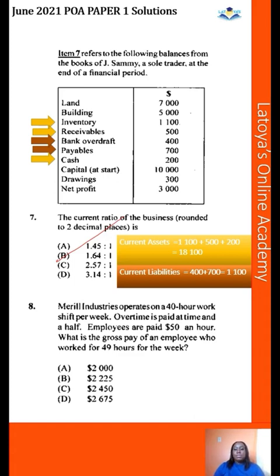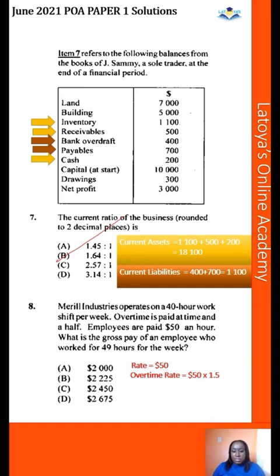Employees are paid $50 an hour. What is the gross pay of an employee who worked for 49 hours for the week? So let's identify the information that was given. They told us that the rate is $50 and then the overtime rate is calculated at time and a half. Okay, so we can multiply 50 by time and a half, 1.5, and we are going to get the overtime